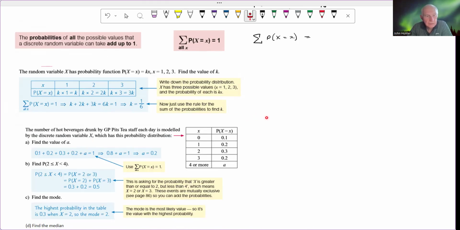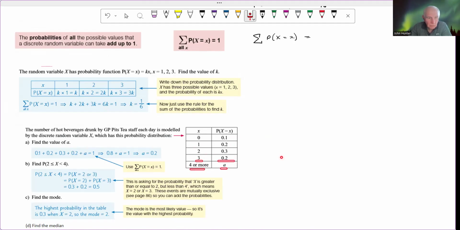So this means that if we choose one person from the staff at random, then the probability that they drink a certain number of teas is given by this table. So at random, we choose somebody, the probability that they don't drink any tea is 0.1, and that they drink 3 is 0.2, and so on. 4 or more is